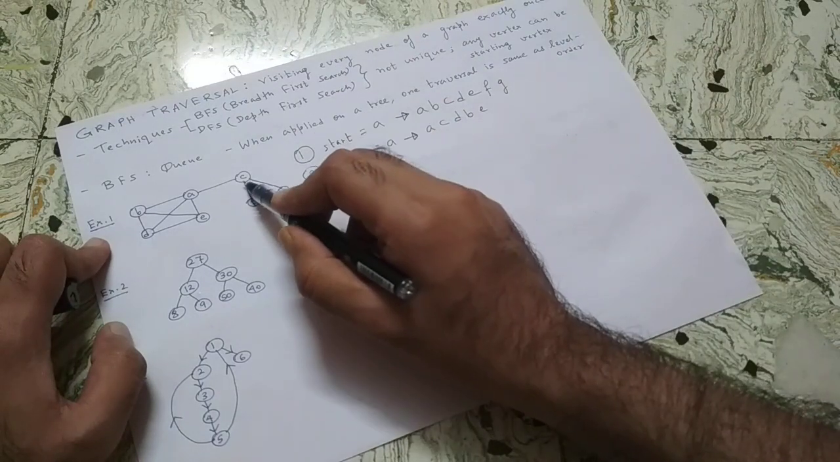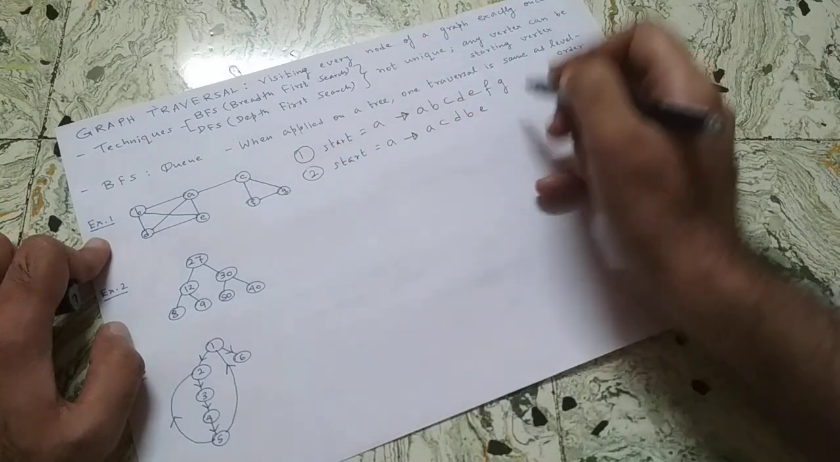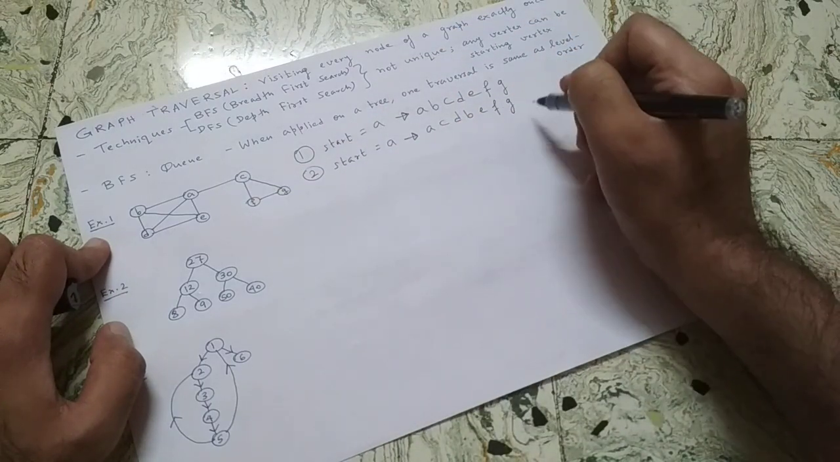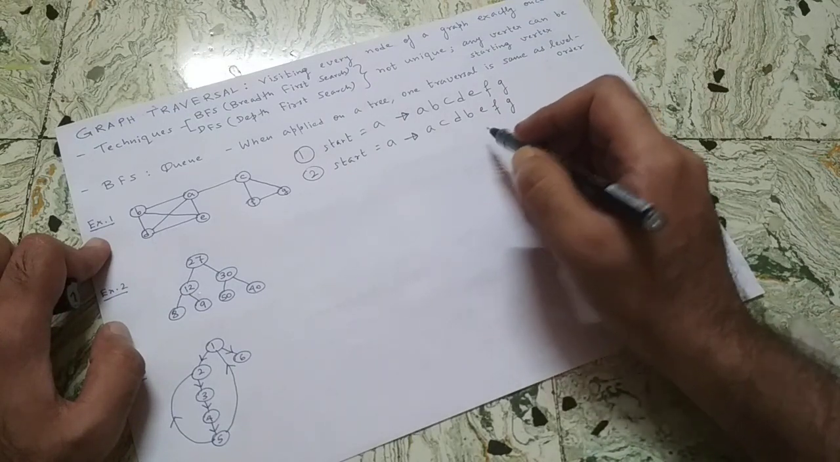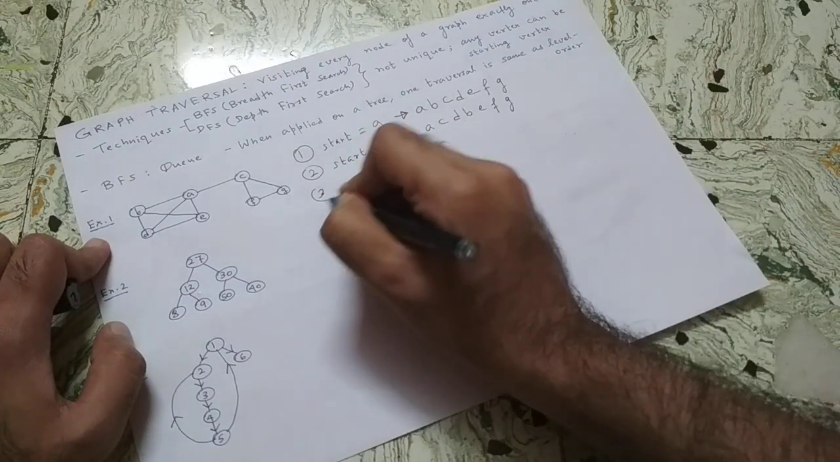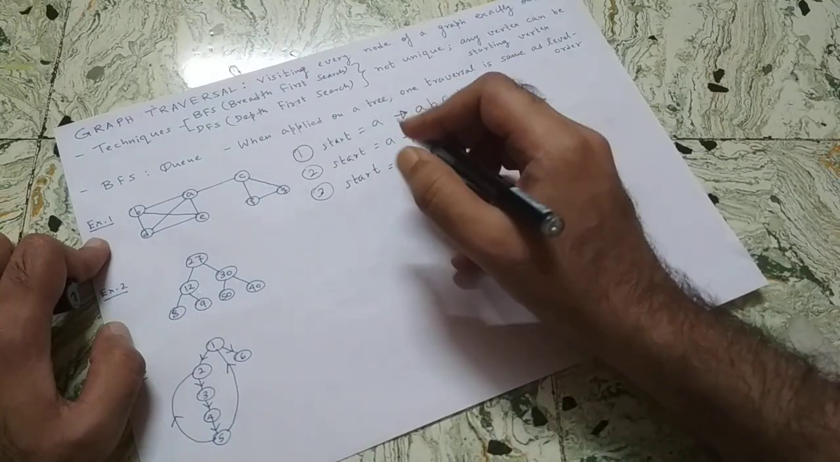So what are the adjacent vertices of C? A, F and G. Now A has already been visited, so I'm left with F and G. Now I find that all vertices have been visited, so my BFS traversal is complete. Let me show you another BFS traversal with a different starting node. Let the starting node now be